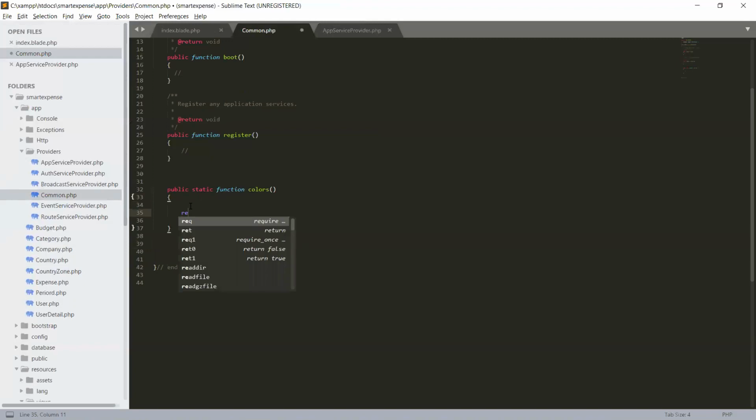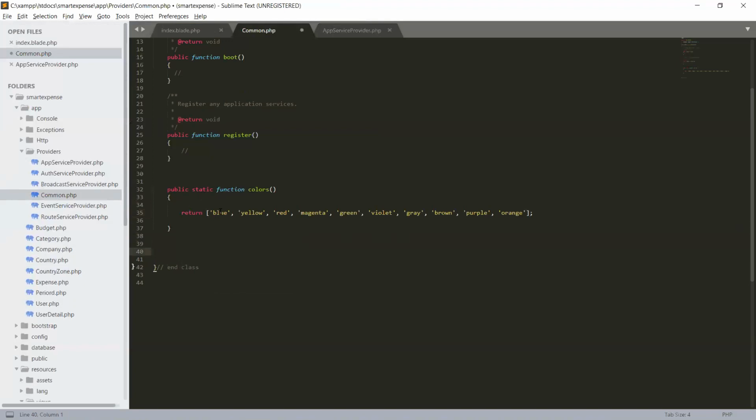So now in that function we will return an array of the bunch of colors that we are going to set. Let me give an array.